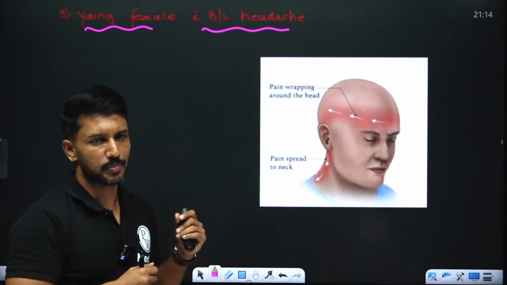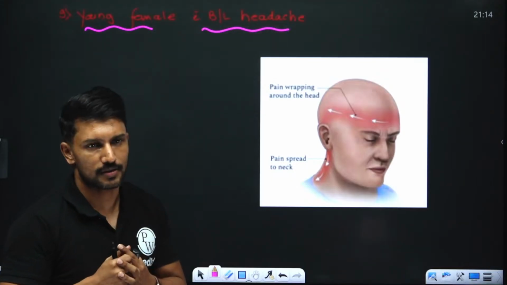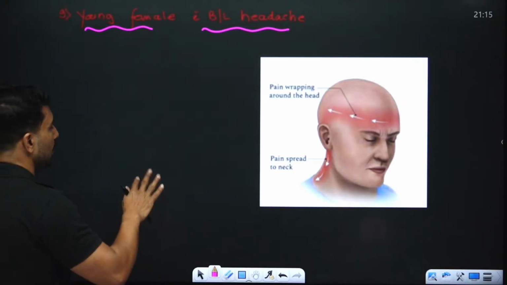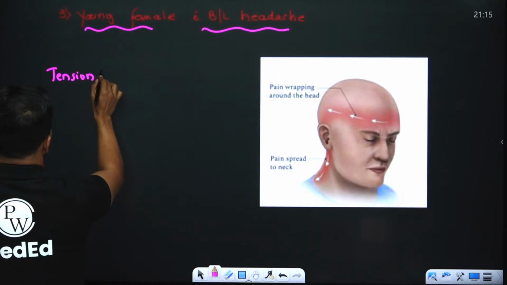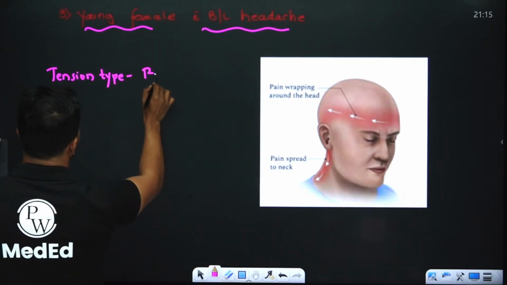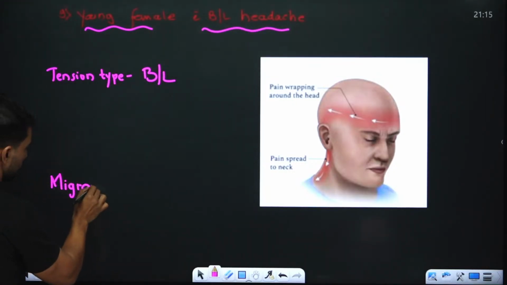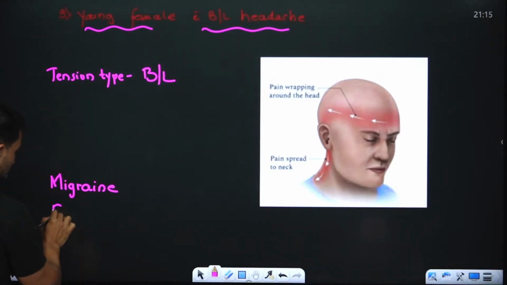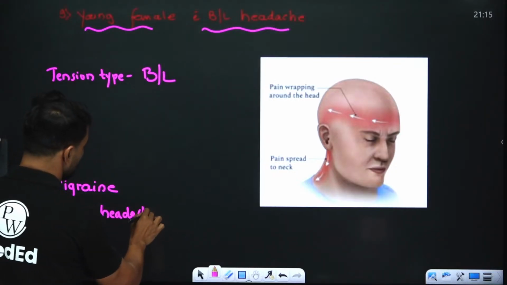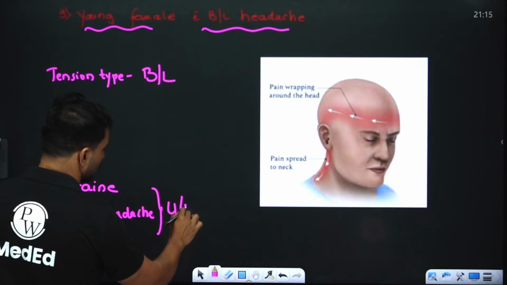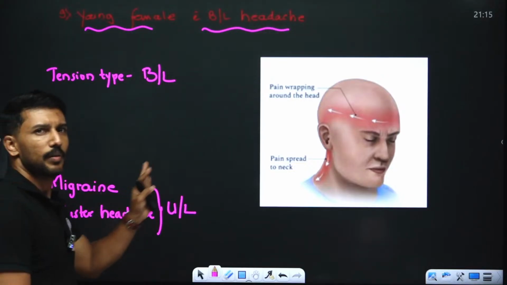So should I consider this patient as having migraine or tension type of headache or trigeminal autonomic cephalgias? Please remember, when it comes to primary headache disorders, the tension type of headache is the only primary headache disorder which is bilateral headache, right? And as we know, migraine and cluster headache, which is a trigeminal autonomic cephalgia, are all unilateral headaches. So already when I know that this patient has bilateral headache, I'm already leaning towards tension type, plus this image